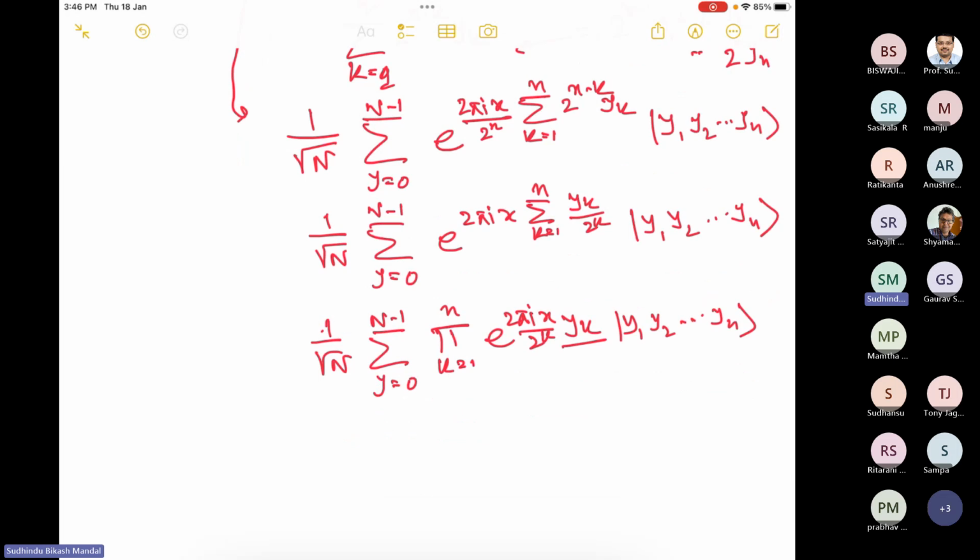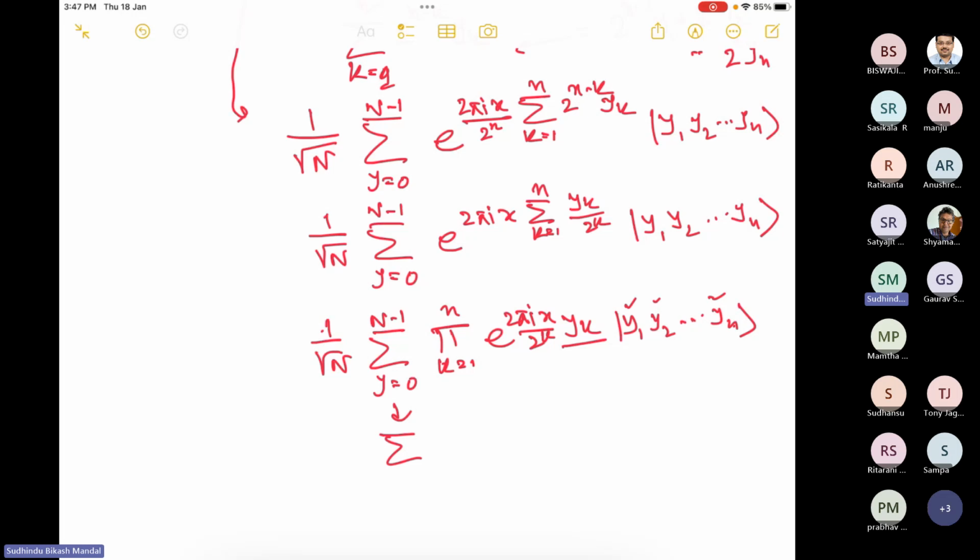Now we are very close to designing a quantum circuit. Still, we have some observations. How can we handle this summation? The product can be implemented as a tensor product, but how can we handle this summation? And this one is still in decimal form, 0 to N minus 1, 0 to 15. But we can represent this expression differently. What is the meaning of this 0 to N minus 1? If I think of it as one qubit after another, n qubits, each and every one is a qubit here.